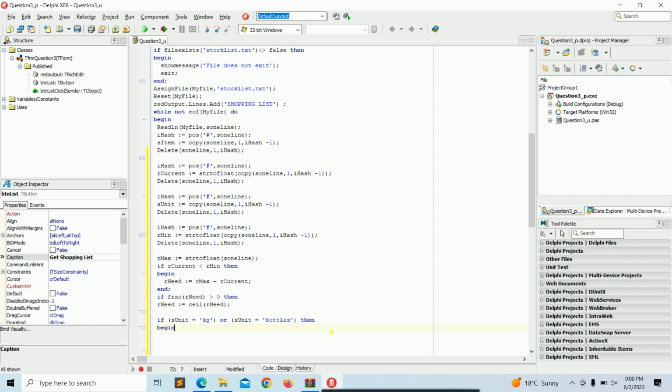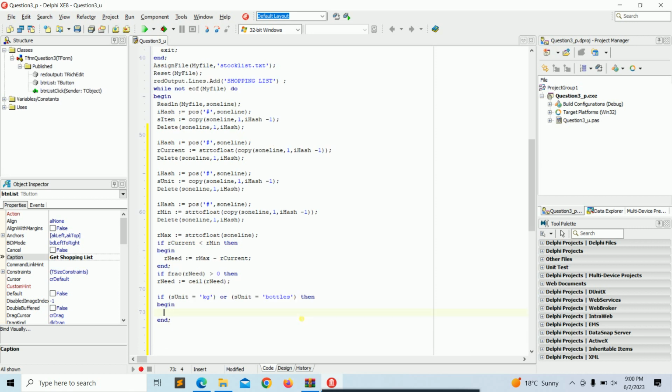If that is the case, then what I want to do here is display red lines, or red output dot lines dot add. Now what do I want to add here? I need to add the amount of units that I need to order, and I've calculated that and stored it in r need. So I'm going to say, display r need